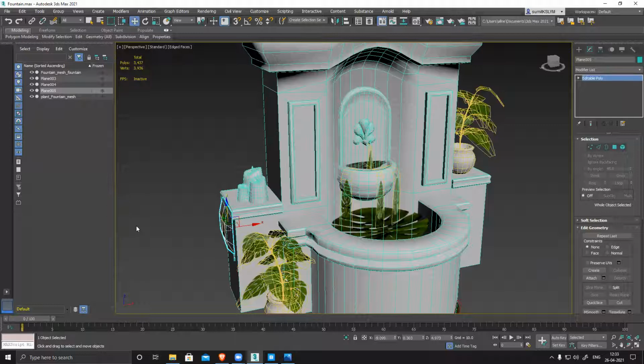Just to complete my model, I'm creating all the alphas and placing the planes, alpha cards. Once I'm done with the alpha cards, all my placement is ready. Then I combine all the alpha textures together and generate one map.